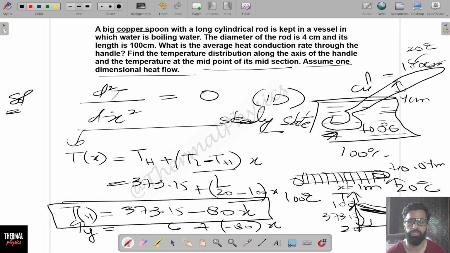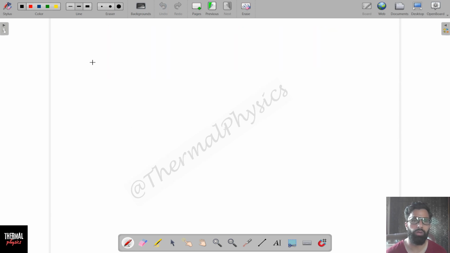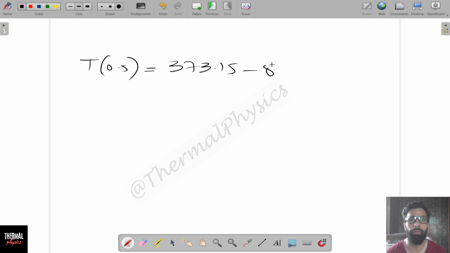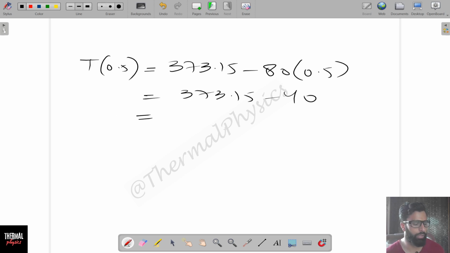We can find it at the mid section, which is, total length is 1 meter, so mid section will be 0.5 meter, so we can put x equal to 0.5 here. So what we will be having is the value of T at 0.5 meter will be 373.15 minus 80 times 0.5, which is 373.15 minus 80 into half is 40, so it will be 373.15 minus 40, so it will be